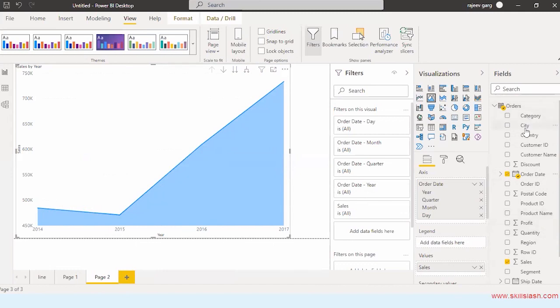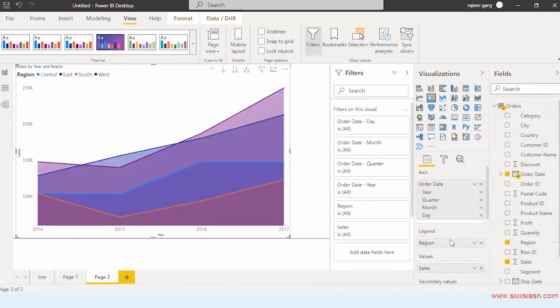And you can put the, let's take region into the legend, and this is what you are getting. You are getting the filled area over here. Okay.